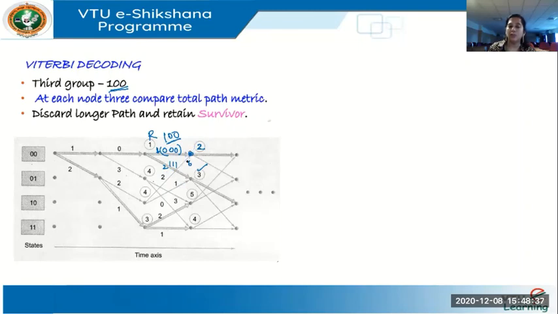So what do we do? We leave out this path, we retain only this path which has the least distance. Again, you can consider this node. There is one path coming with a distance 3 and the second path comes from here 4 plus 1, 5. So among these two, which should be considered? The least one. I should standardize this path and remove this.